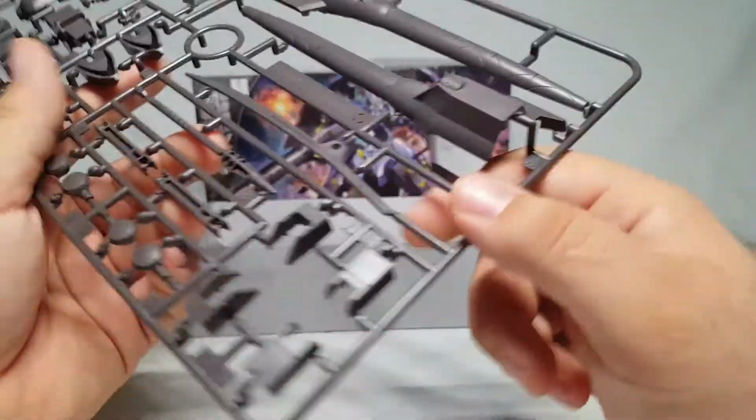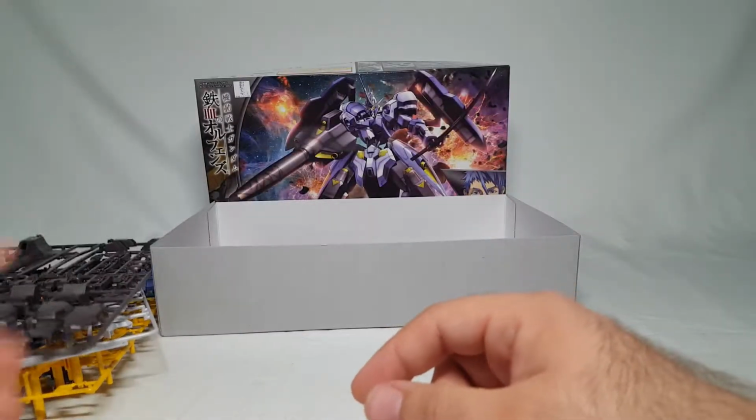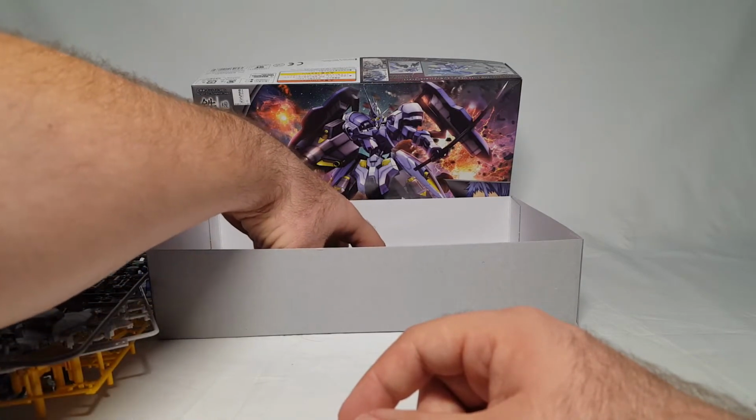And then this cool sword. I don't remember if he had the sword in the series, but I think he did. And then you've got leg armor. So this guy is a big cluster of random colors and design. Now what is this? This is not...